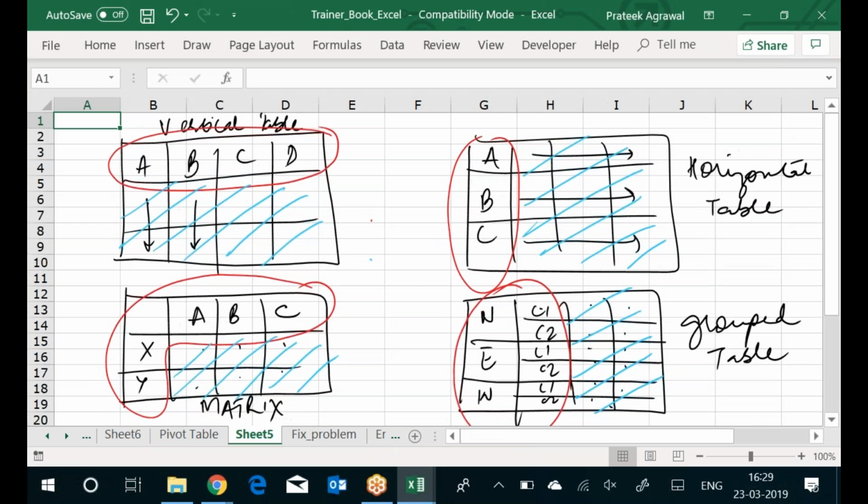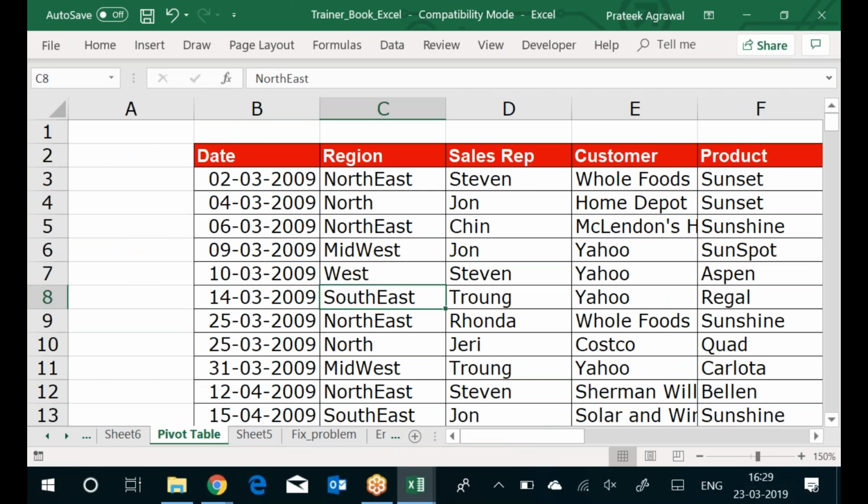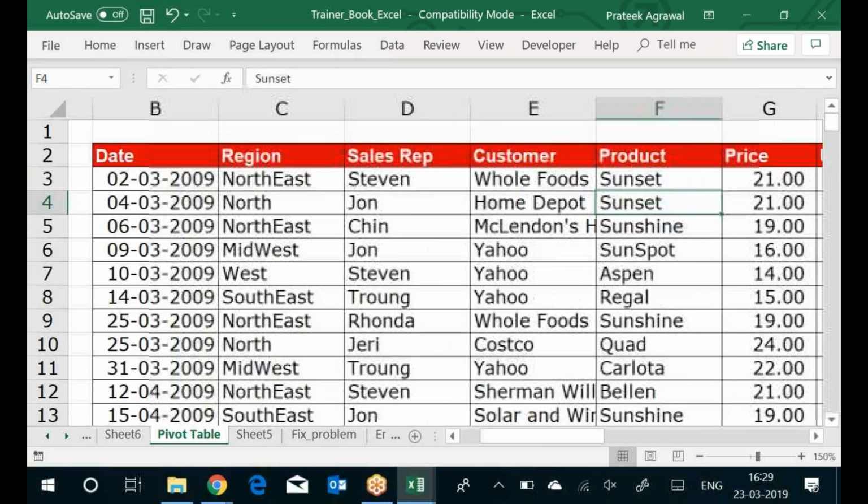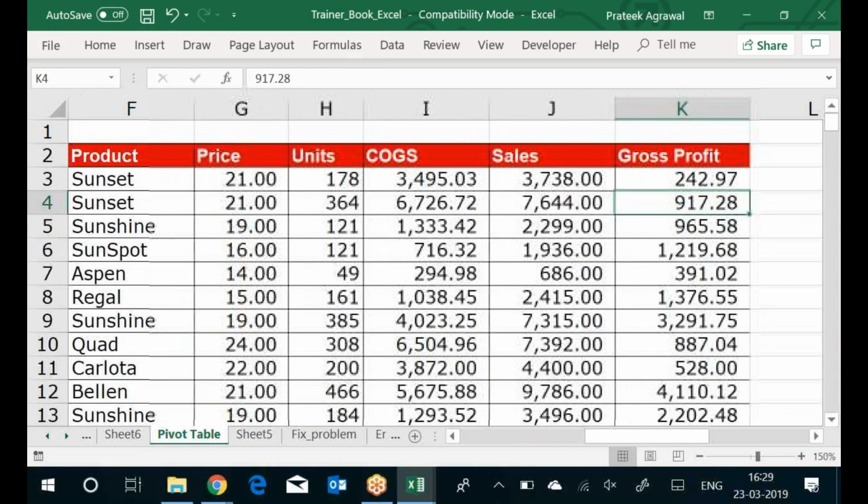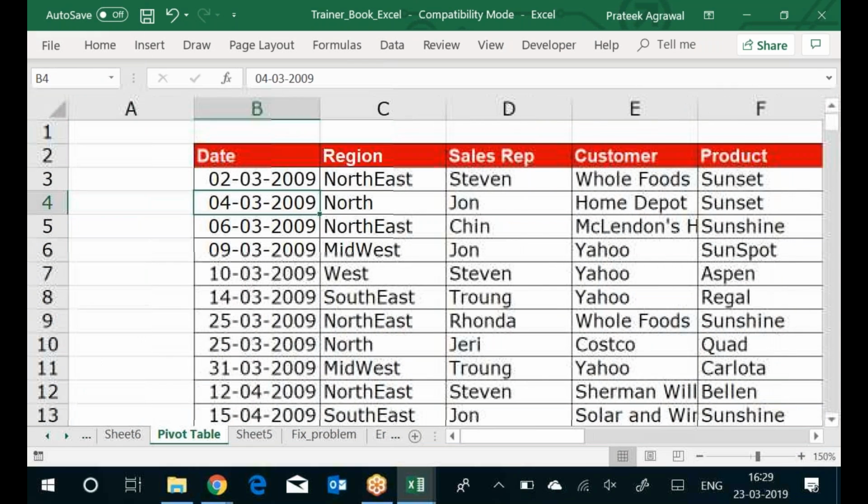Okay, I'm going back to my data set. What I have is date, region, sales rep, customer, product, price, unit, cost of goods sold, and so on. Another kind of summary that we typically like to do is based on dates. Like bosses will ask, what is the year-wise